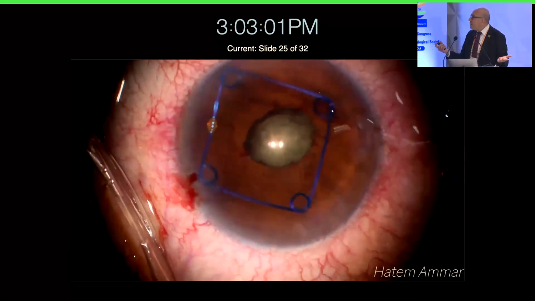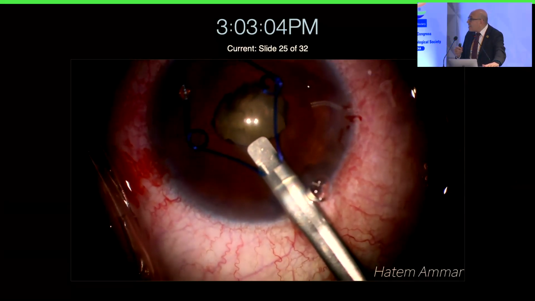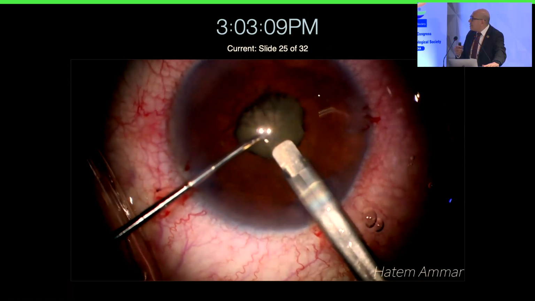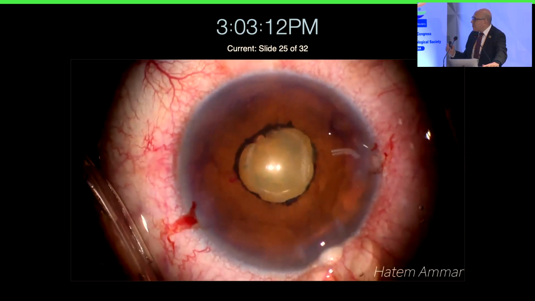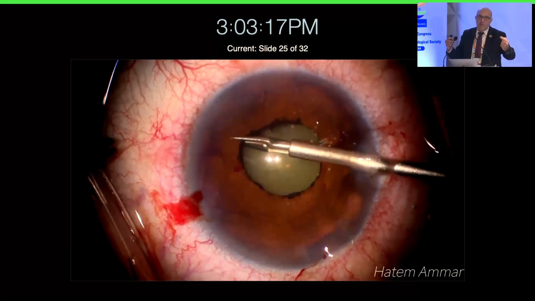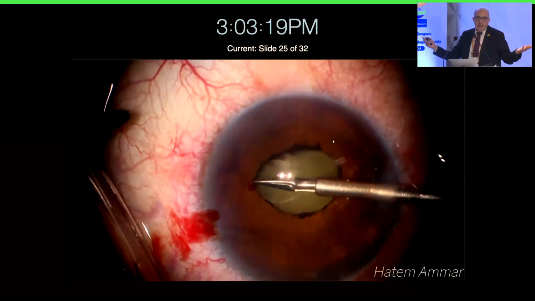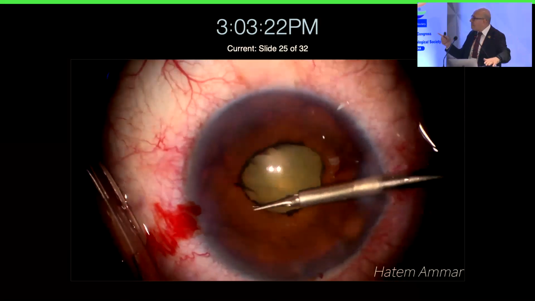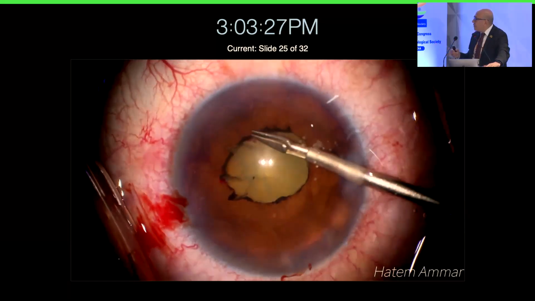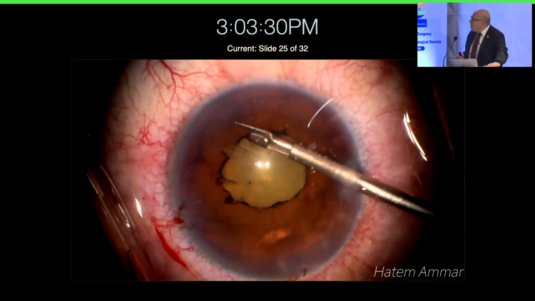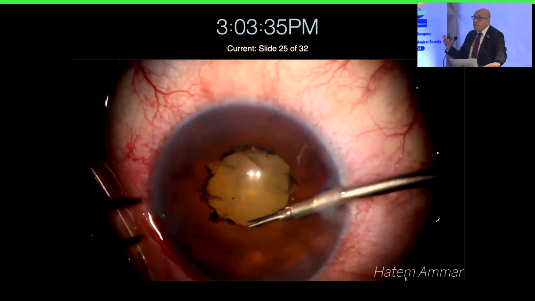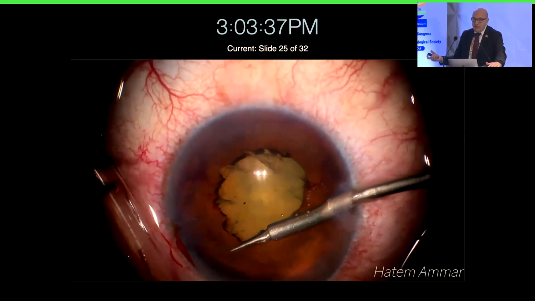What can I do? I change the strategy to remove the Malugin ring, doing multiple sphincterotomies, as you see here. I rarely do it in cases of uveitis to avoid trauma to the iris. But here, no solution. Sometimes you are faced with difficult, tough situations like this, multiple radial incisions. And as you see, the size of the pupil after multiple incisions will be sufficient to do routine cataract surgery,